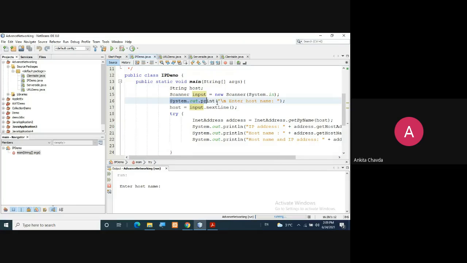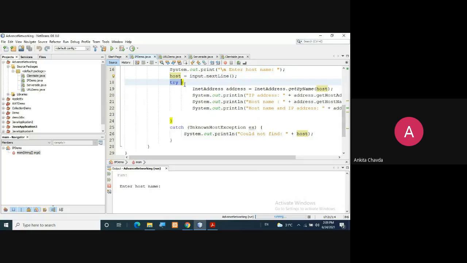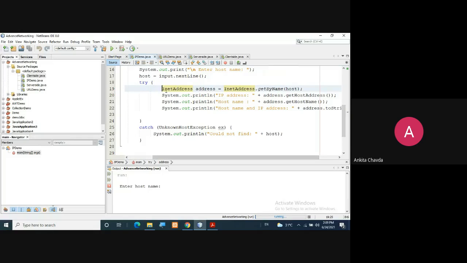Now you will just notify user to please enter the host name, and that you will read via the Scanner class object, that input.nextLine, so that will be into this host. Fine. Now whatever you are writing, you are writing inside try and catch only, right? So first you are creating InetAddress class object. The object name is address.